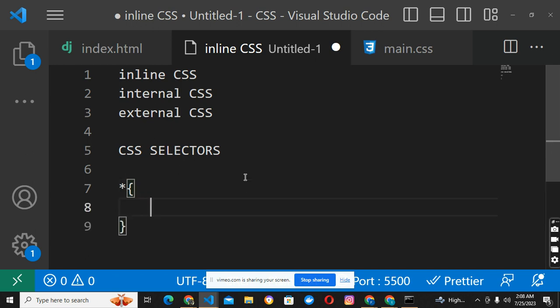Let's say color red. It comes with this syntax. This universal selector does not care about the ID or class or attribute. It applies CSS style to whatever is being used. You understand? It's recursively used. Then we have the child selector. A child selector targets elements that are direct children of a particular element. It applies styles to elements that are immediate children of another element. For example, I can have